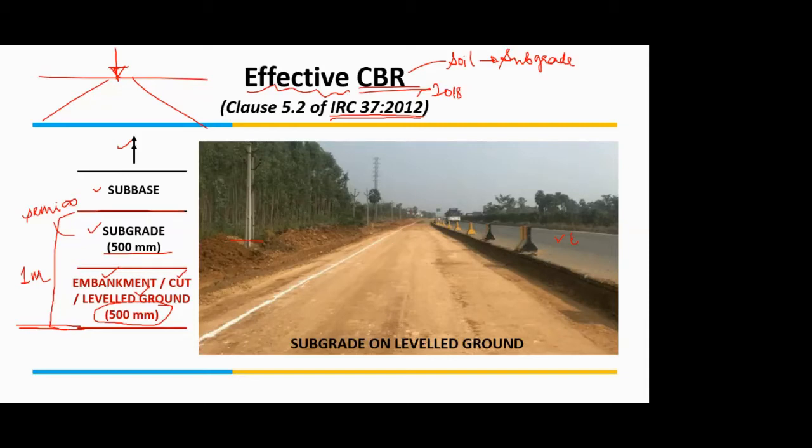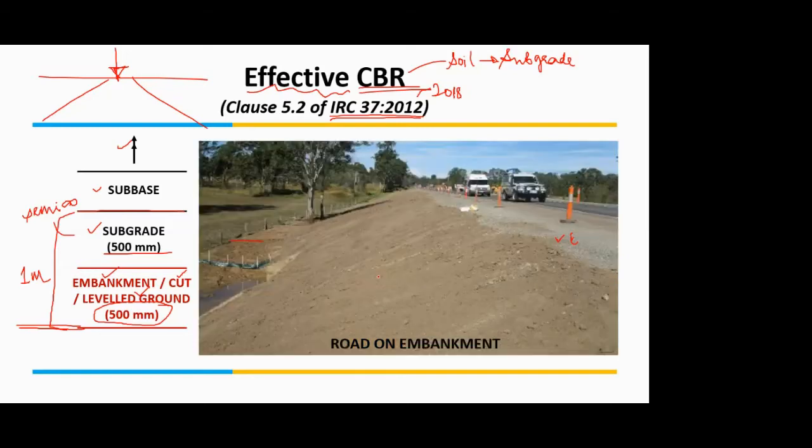So this is the example that whatever the existing level is, you just scrape it off a bit on the top so that you get a plain ground. Then, if you have a suitable soil, you compact that itself, or you remove the existing soil and bring another material from some other location as borrow area material, and then you lay it and compact it. So in any case, this is the example that the subgrade is on leveled ground. I will explain the difference between level ground, embankment, and cut once I show you the next photographs.